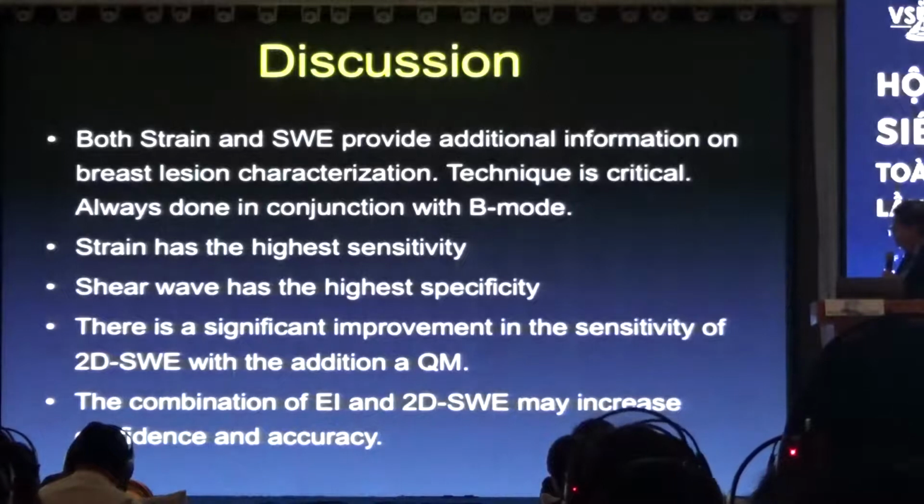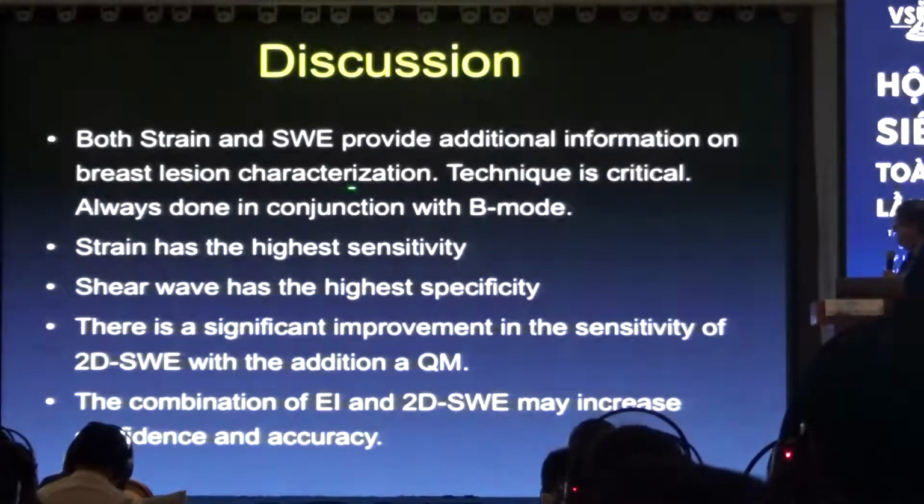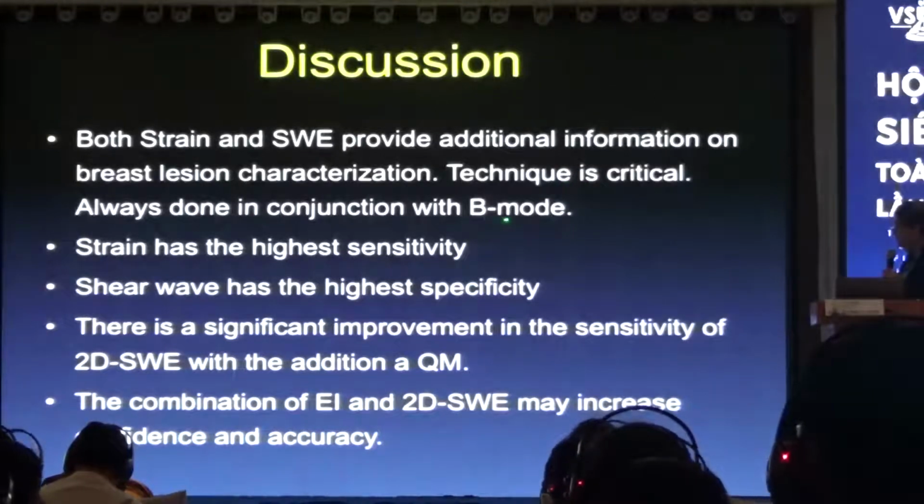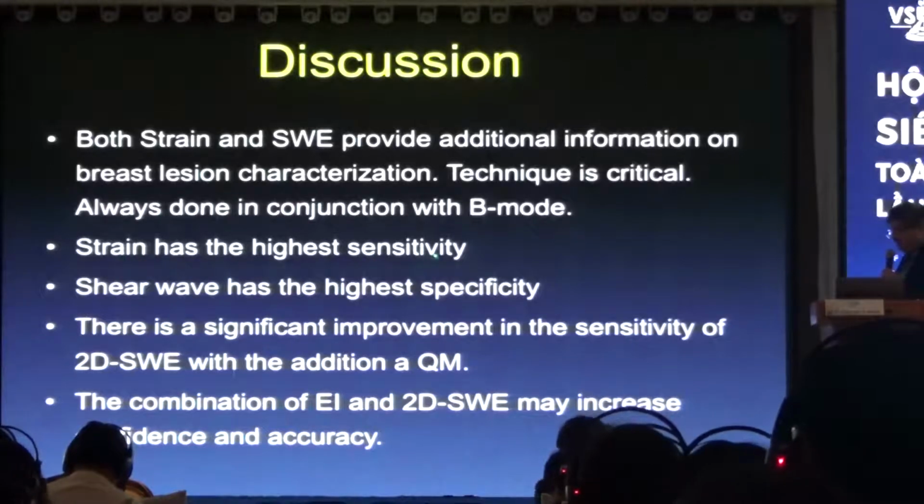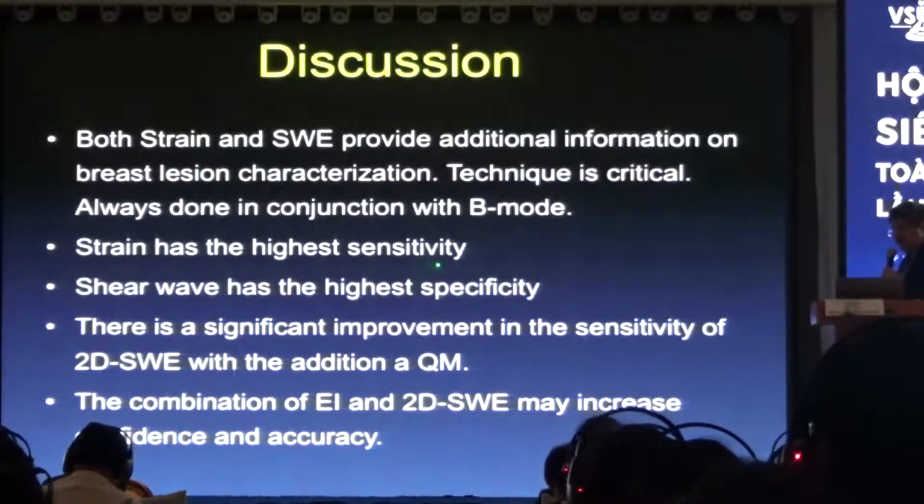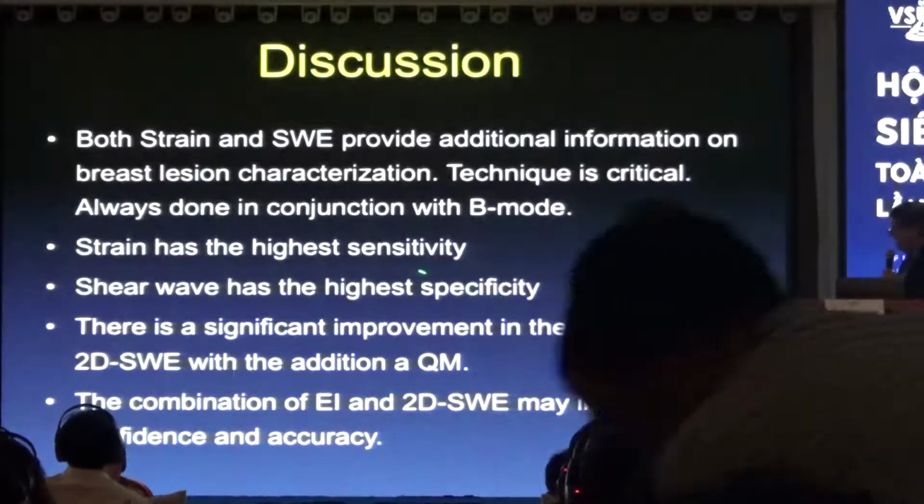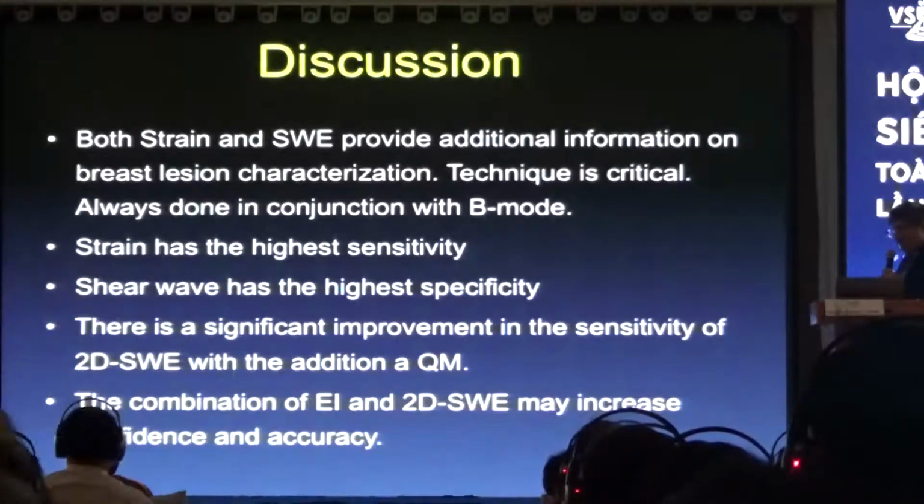So both strain and shear wave provide additional information on breast lesion characterization. Technique is critical, and it's always done in conjunction with B-mode imaging. At least in our hands, strain has the highest sensitivity. We feel we don't miss cancers, only lymphomas. And shear wave has the highest specificity. And again, we like to do both, because if they're both the same, we have very high confidence we're making